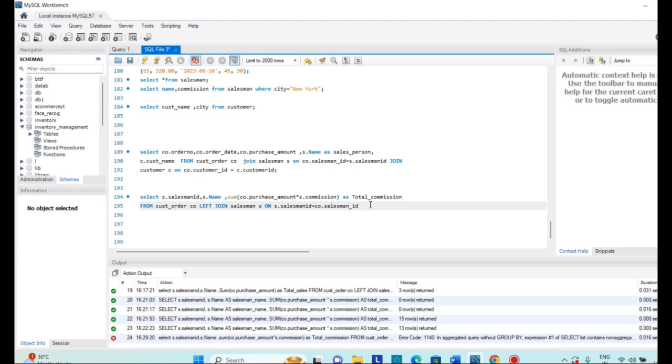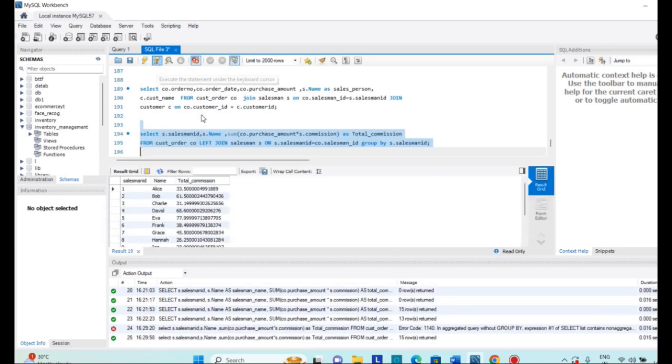As we have used an aggregate function here, we will write group by s dot salesman ID, and just run this query.